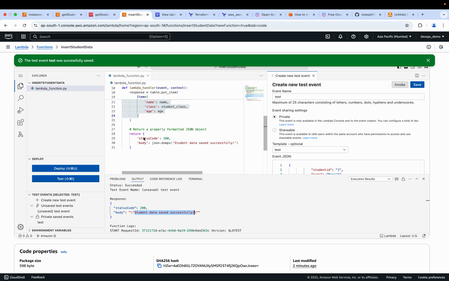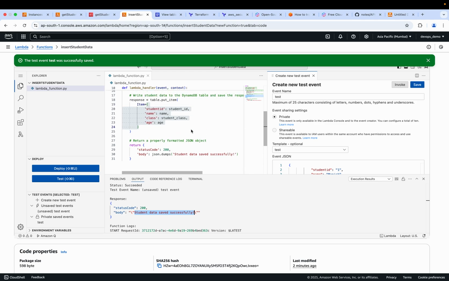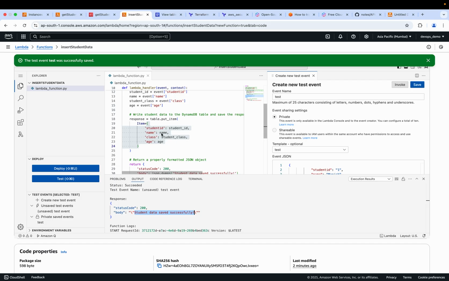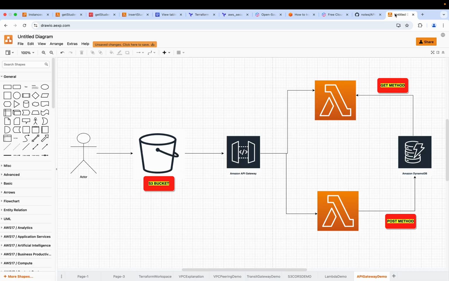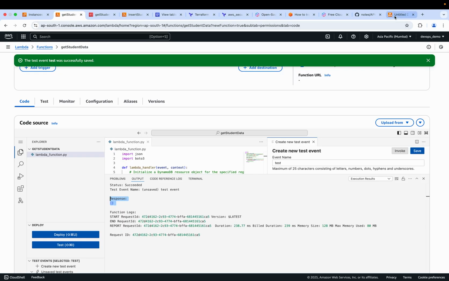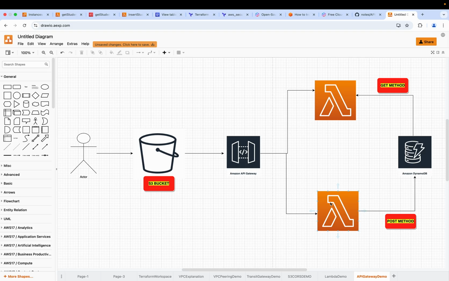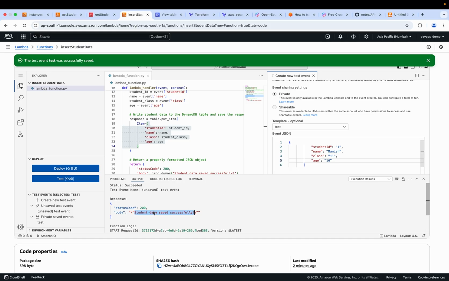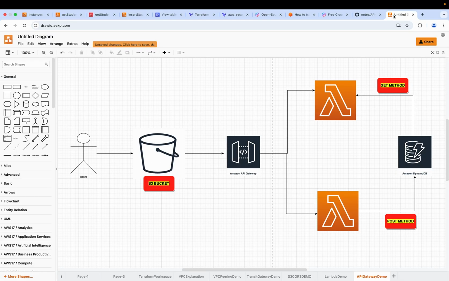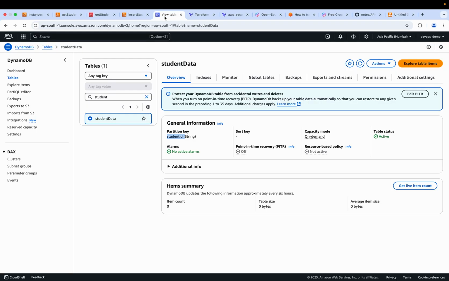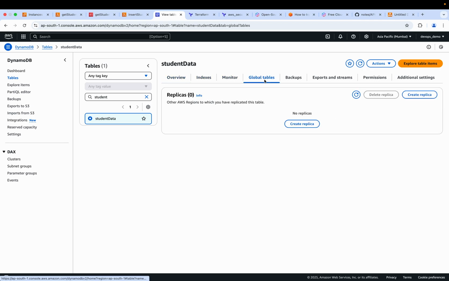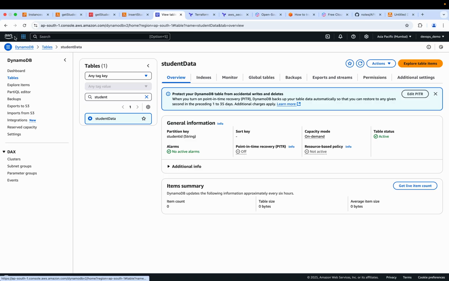If you see the return body, student data saved successfully, it's the successful one, correct? What does that mean? That means the get lambda function was empty with an empty response while there was no data. When we created the second lambda function, it was supposed to post the data. So we have passed the data from here, and it says the student data saved successfully. So it should be saved in the DynamoDB table. Let's get into the table and refresh over here. Now, do you see any data over here? Let me just refresh once again,